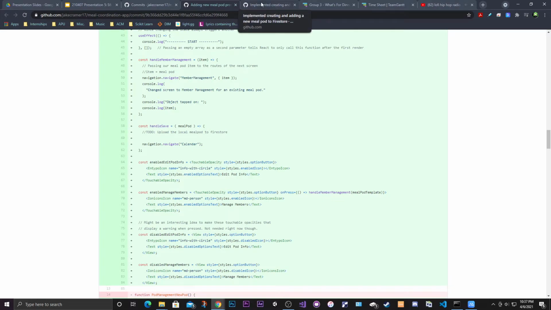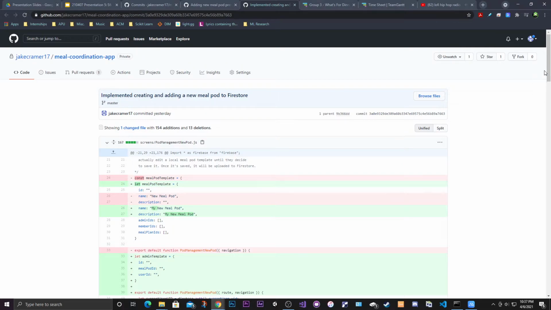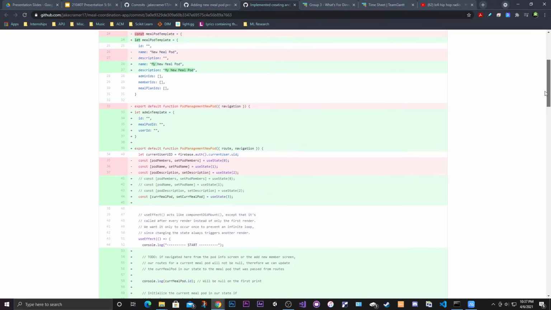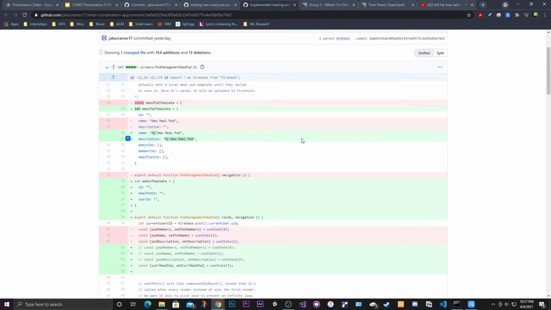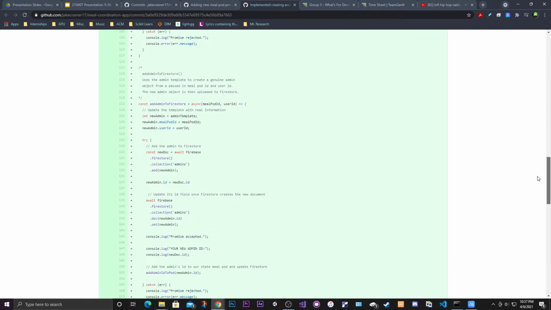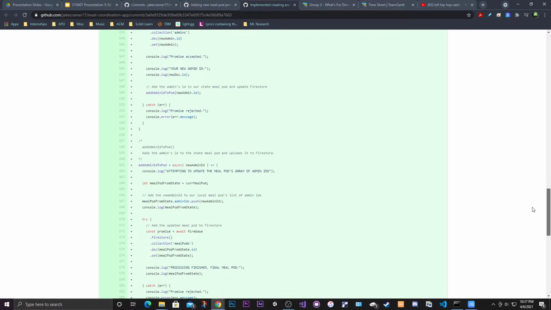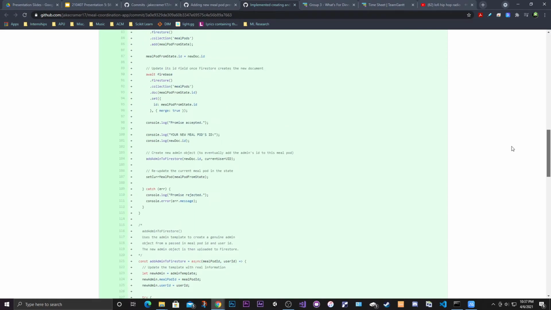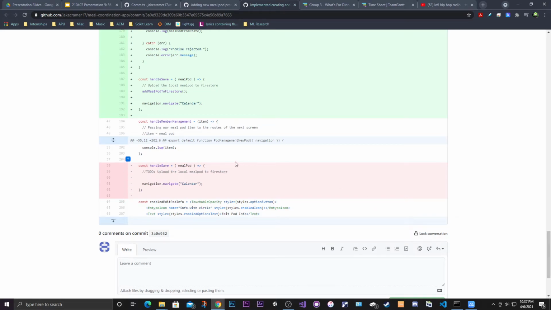And then the next commit finishes all of this up. Another thing I did was I updated the meal pod template. I created an admin template because for every meal pod that's created, the user who creates it becomes the admin of that meal pod. So if I go down again to where that to do used to be, in handle save, right here, I no longer needed this to do. And when I press the save button, I add the meal pod to Firestore, which contains